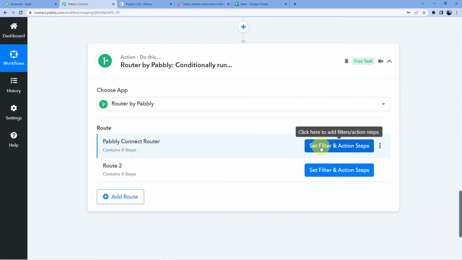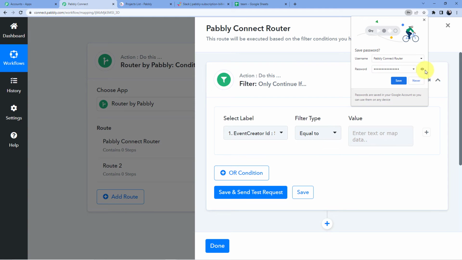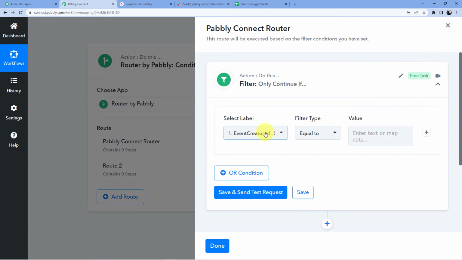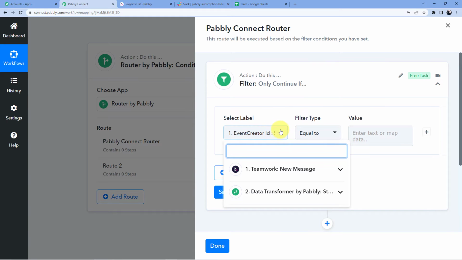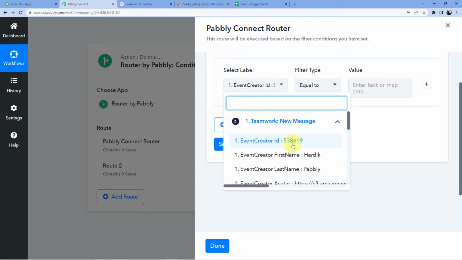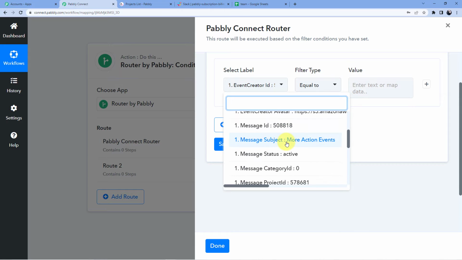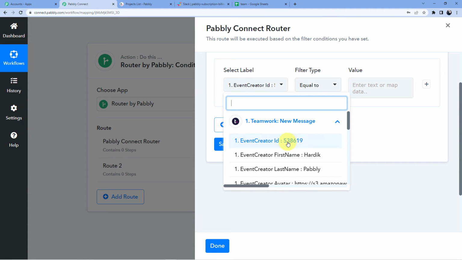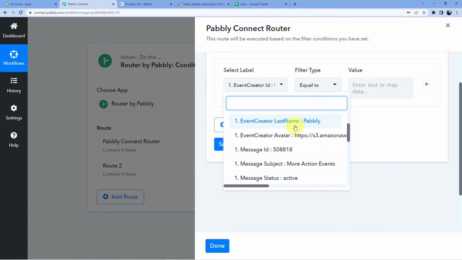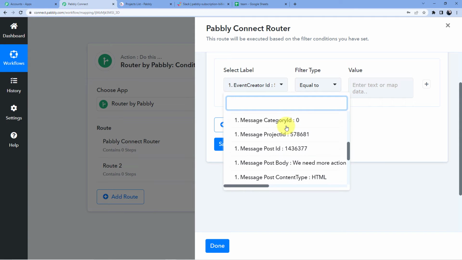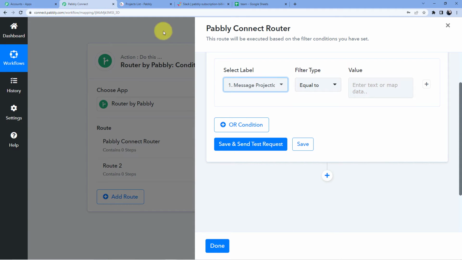And now what we are going to do, we are just going to go to set filter and actions. And here you can see event creator ID is 538619. Okay. But here we want message project ID because we are sending message. So here you can see message project ID is 578681. So what is this ID?